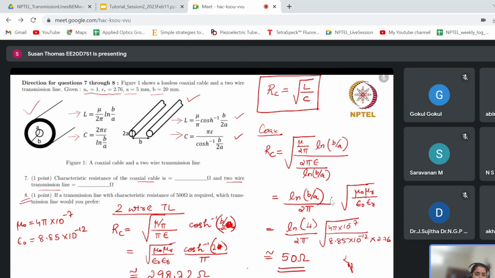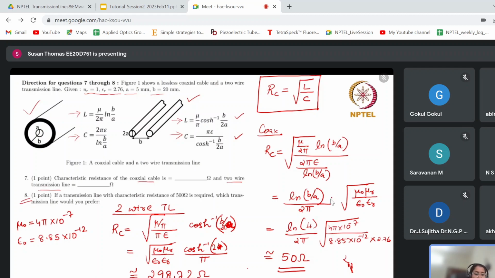So if you look at the characteristic impedance of coaxial cable, it was close to 50 ohm, and in two-wire transmission line, it was close to 300 ohms. So you can understand a higher characteristic resistance is,